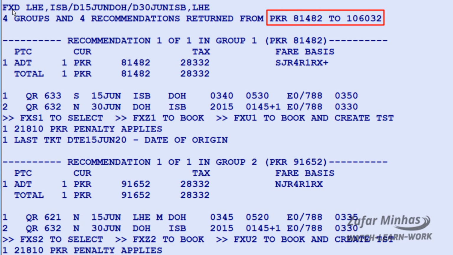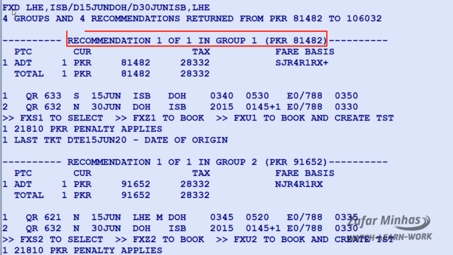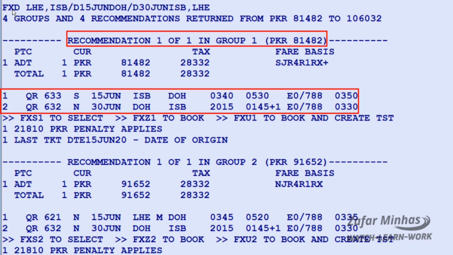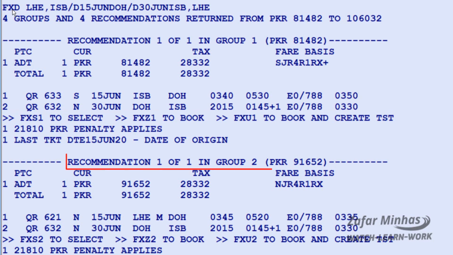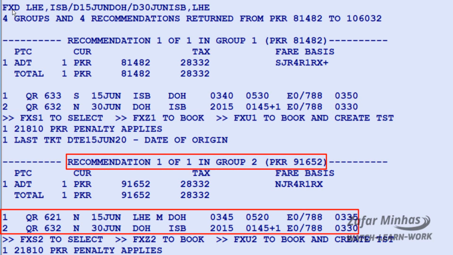Display information is grouped by price, lowest 81,482 Pakistani rupees to highest 100,632 Pakistani rupees. In this case, we have 4 groups and 4 recommendations. In group 1 recommendation, the journey starts from Islamabad and goes back to Islamabad with the lowest price 81,482 Pakistani rupees. In group 2 recommendation, the journey starts from Lahore and goes back to Islamabad with the lowest price 91,652 Pakistani